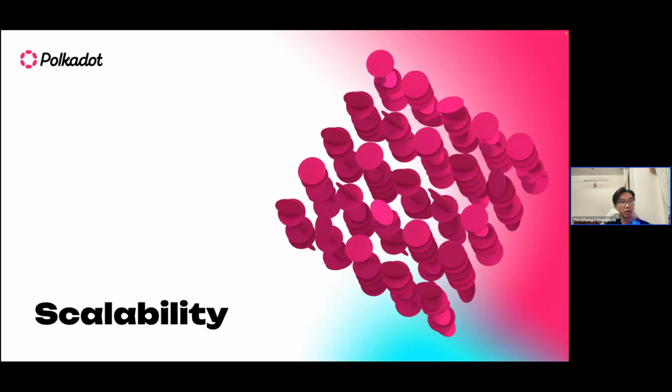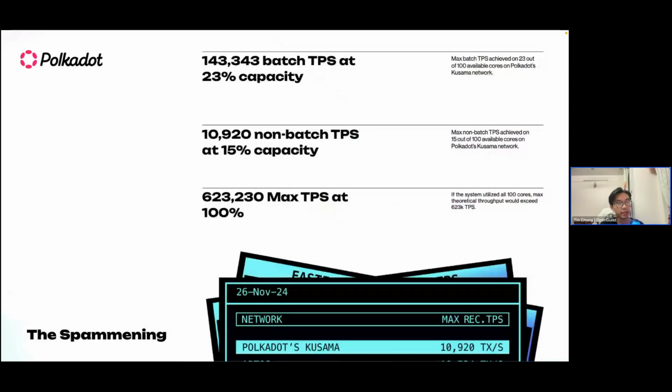And the goal of Polkadot is also to become the Amazon Web Services for Web3. With that in mind, scalability is also one of the top goals of the Polkadot infrastructure. Recently, there was an experiment called spamming. It happened on Kusama. If you're not familiar with Kusama yet, Kusama is a canary network. Before deploying on Polkadot, which costs you real money, real DOT tokens, which are much higher in value than the Kusama token,